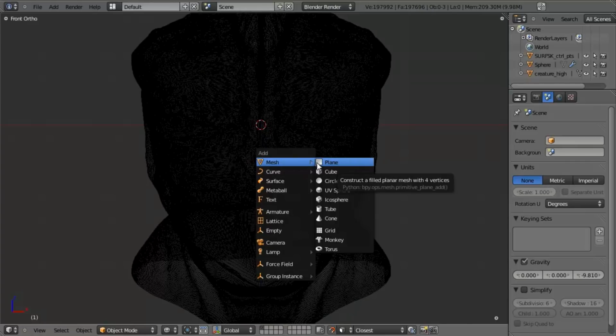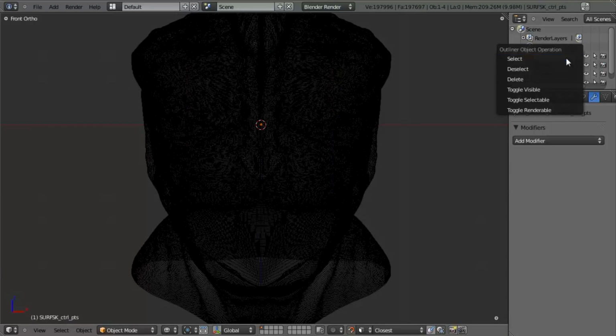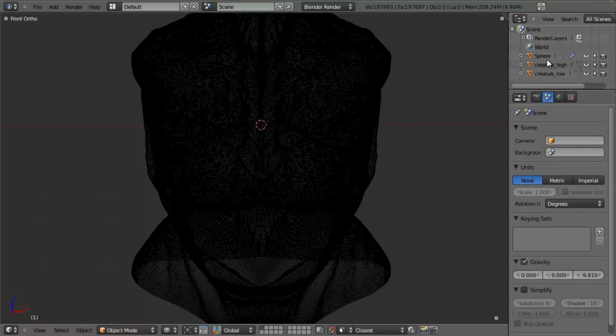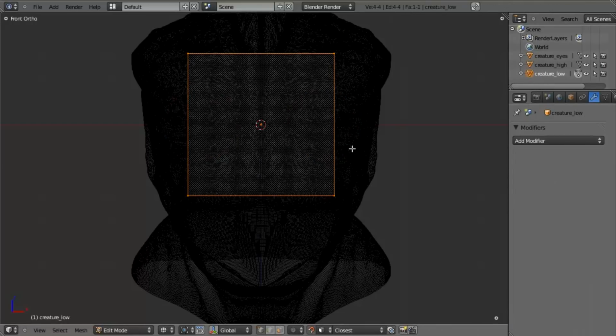We'll just use mesh plane. And while we're at it, let's go ahead and name this, and we'll just call this creature_low. We can also delete this other object here that was created through the Surface Sketch, and then we have the eyes here, which we'll go ahead and name as creature_eyes. So with the low mesh, hit Tab to go into edit mode, and we want to hit X and delete